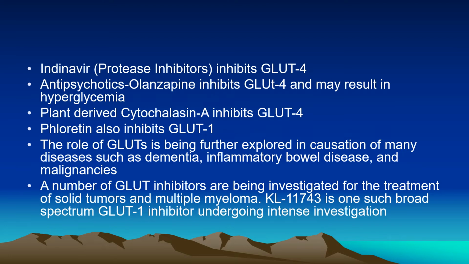Indinavir, which is a protease inhibitor, inhibits GLUT4. The antipsychotic drug olanzapine inhibits GLUT4 and may result in hyperglycemia and metabolic syndrome. Plant-derived cytochalasin A inhibits GLUT4. Phloretin also inhibits GLUT1. The role of GLUTs is thus evolving and more is being researched to find out